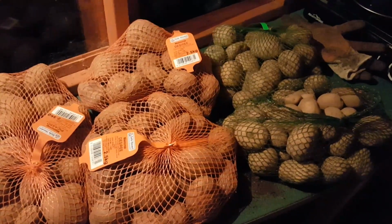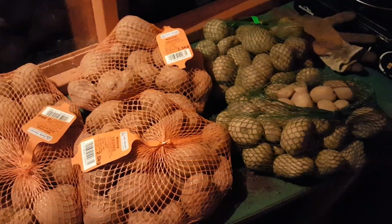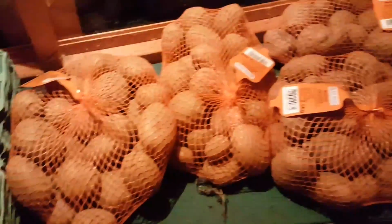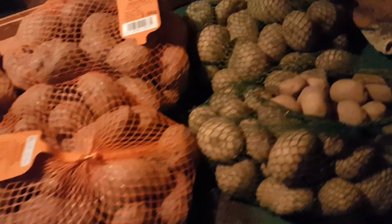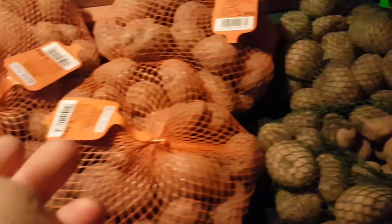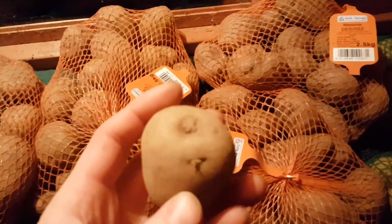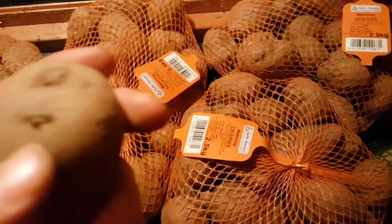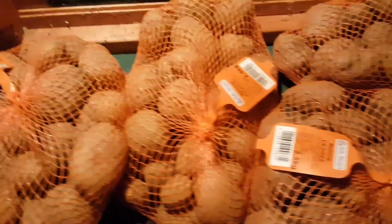I'm just in the shed down at the other plot at the moment, and I've just come after dark, so I've got my little lighting contraption working up there, which goes off my car battery. So anyway, I've got my egg trays and these are the potatoes, so I'm just going to set these out to chit. Chitting basically means just to give them a helping hand and a start, try and get some little shoots producing such as these,